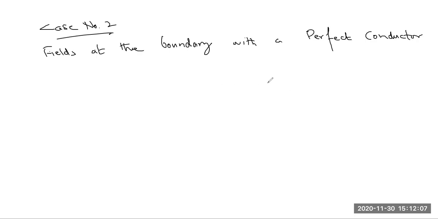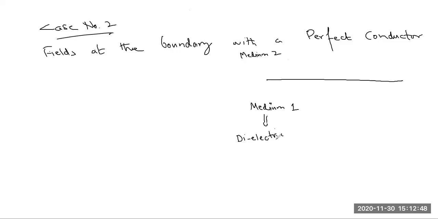Okay. What does that mean is कि अब हम अज्यूम कर रहे हैं कि हमारे पास सिचुएशन ये है कि ये मीडियम वन है, लेट्स से, ये मीडियम वन जो है ये कोई भी डाइलेक्ट्रिक मटेरियल, ठीक है, it is any dielectric medium. मीडियम टू को हम अज्यूम कर लेते हैं कि ये परफेक्ट कंडक्टर है। तो इसका मतलब है कि इसको मैं एब्रिवेटेड फॉर्म में लिखते हैं पीईसी, परफेक्ट इलेक्ट्रिक कंडक्टर।